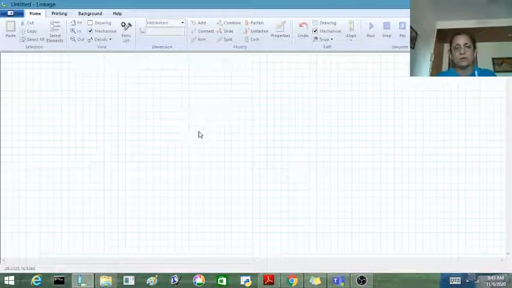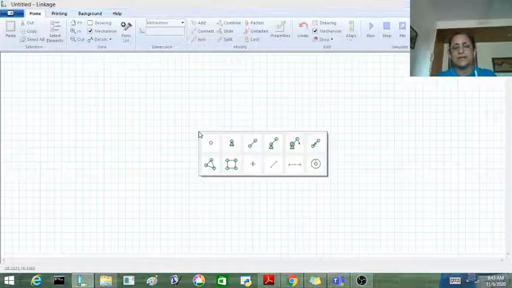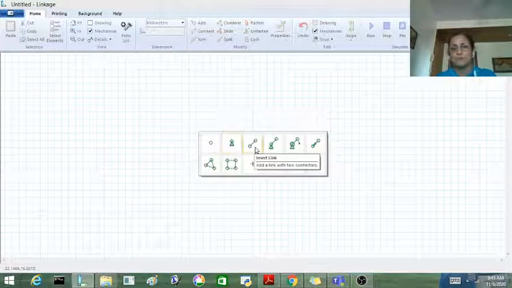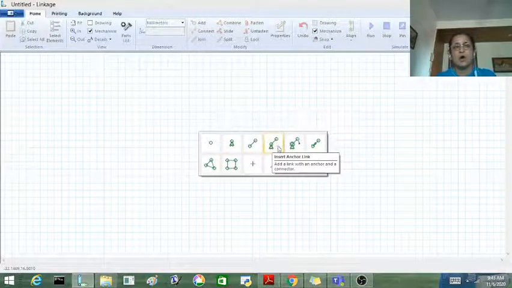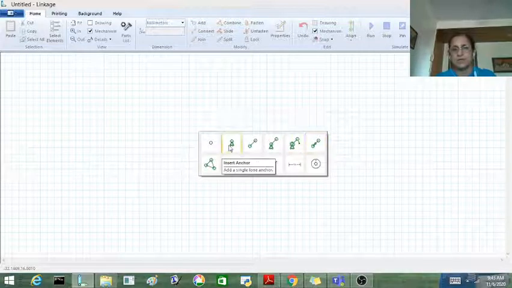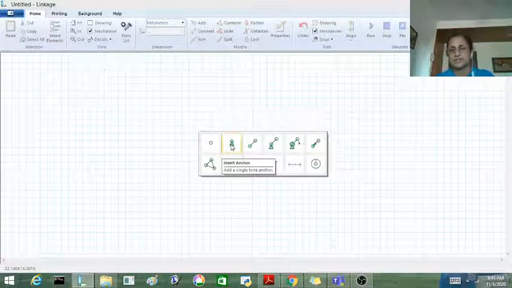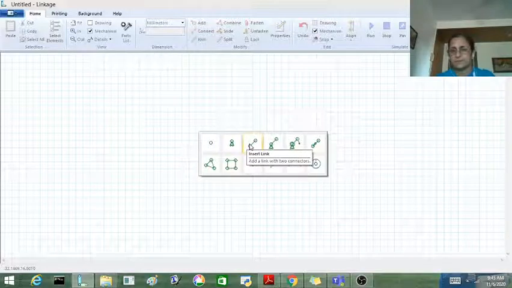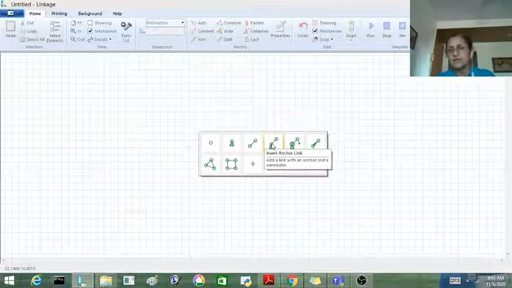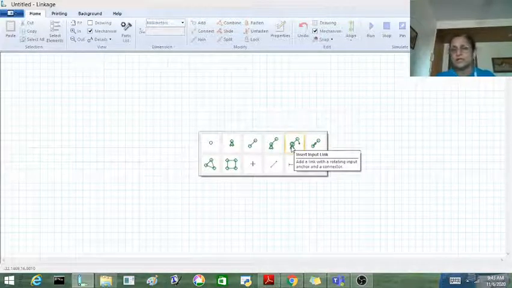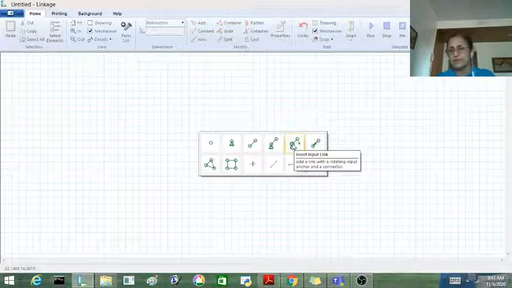When you right click on the mouse, you get a lot of options, which are objects you can insert in your design. This is nothing but a stationary ground anchor. This is a link. This is a link with an anchor. Now this is a link with a rotating input already given.